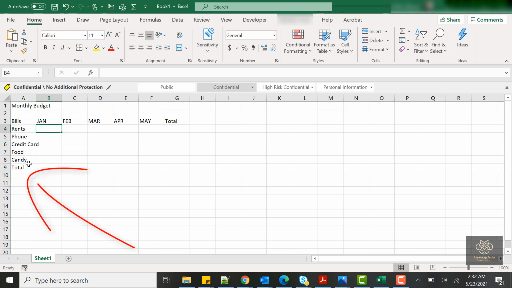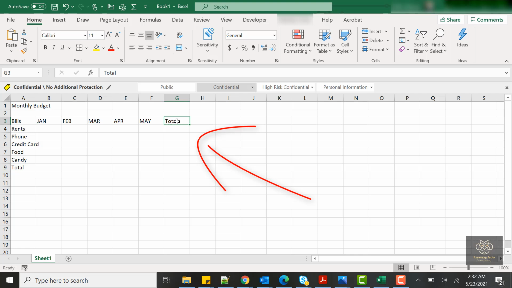Remember, we have got this one, this total. We have got this one right there because eventually we are going to have a sum of row total here for each column. But then I'm going to have one total here because I want to do totals of each of the bills as well. So this right here is the basic structure of a spreadsheet. You have got row labels, in this case bills, and you got column labels representing some type of date, right? Okay, now there's a basic structure, our labels, and these are just text values.